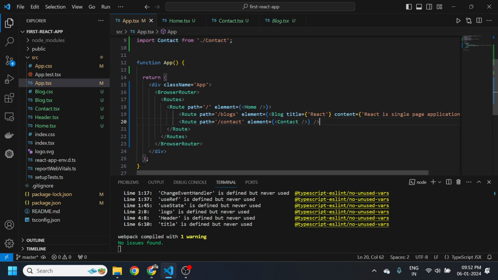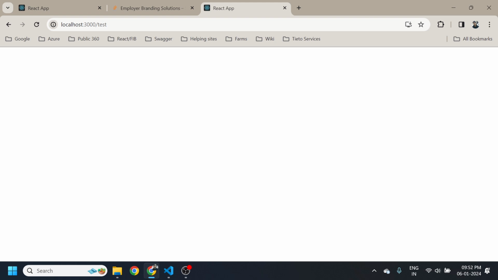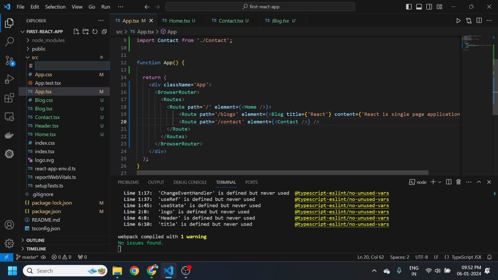And let's say we are trying to add something which is not present over here. Okay, it went blank. There is no route available for this specific test. So how do we handle it? We should ideally show that page not found. So let's create a page not found component, NotFound.tsx,